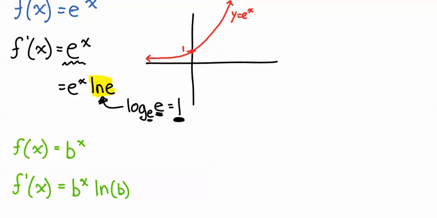So that's why we just say the derivative of e to the x is e to the x. And then the derivative of b to the x is b to the x ln b. So finding the derivatives of these isn't too bad, except you also have to factor in that sometimes you need to use the chain rule